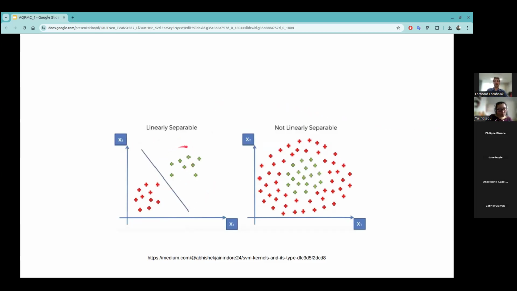Here, I have a data set where with a single line, I can easily separate the green samples from the red samples. With a straight line, I can use SVM, linear regression, or logistic regression to separate these two. So pretty easy. But there are some other cases, and usually this is real world data, that are not linearly separable. There is no way I can find a single line that can separate the reds from the greens. What we can do here is